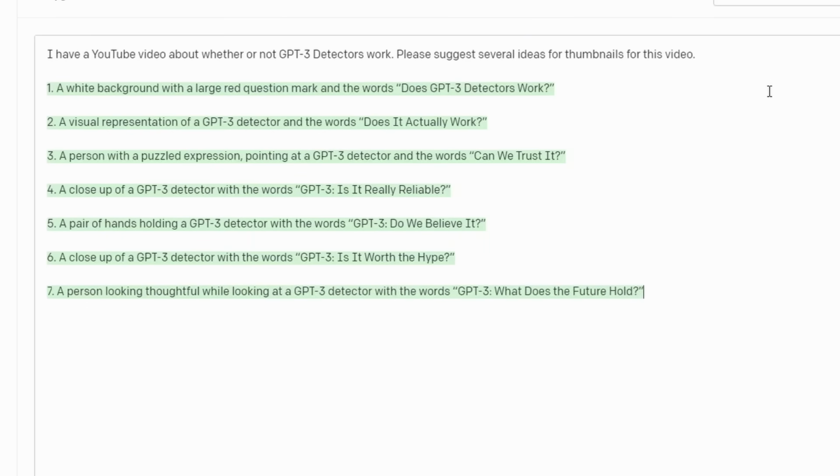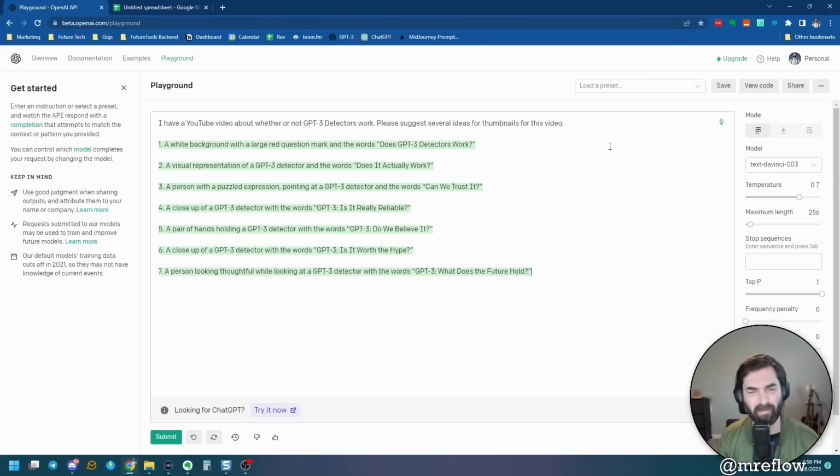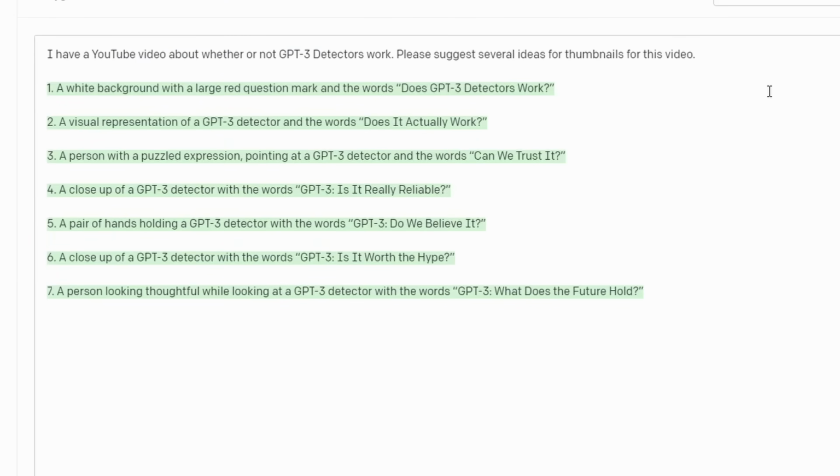Visual representation of a GPT-3 detector and the words, does it actually work? A person with a puzzled expression pointing at a GPT-3 detector. I don't know how you point at a GPT-3 detector, but hey, it's an idea. A close-up of a GPT-3 detector, a pair of hands holding a GPT-3 detector? I don't know what that's going to look like, but these are some ideas that maybe we can spin off